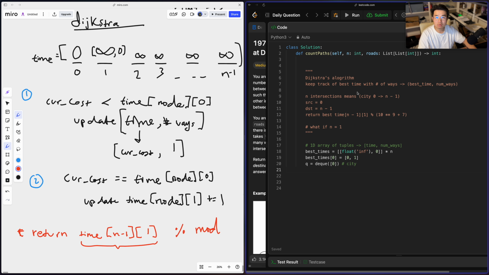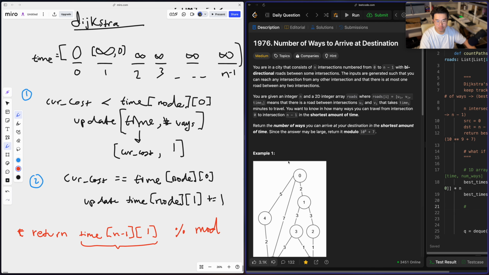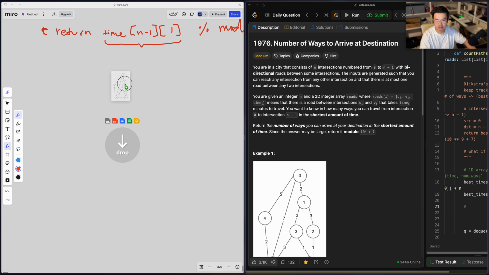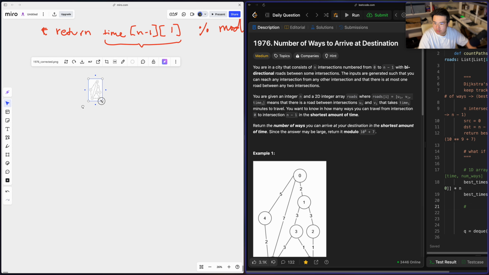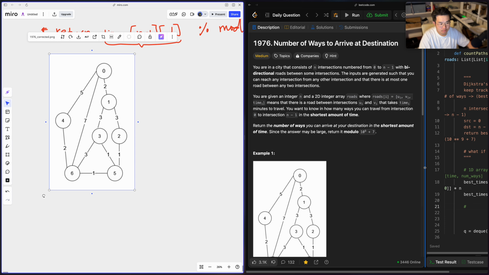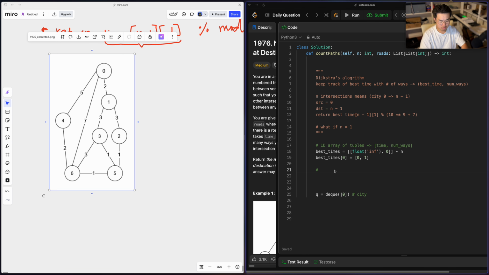Oh, I'm crazy. I mean, before I even think about BFS, we want to create a graph, right? To represent the road structure, which I haven't really thought about. Maybe I can just see something. So it's bi-directional. That's fine. So I'm just gonna do